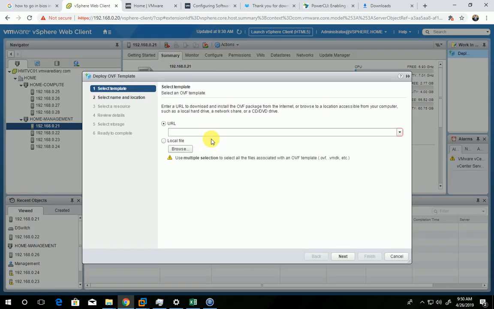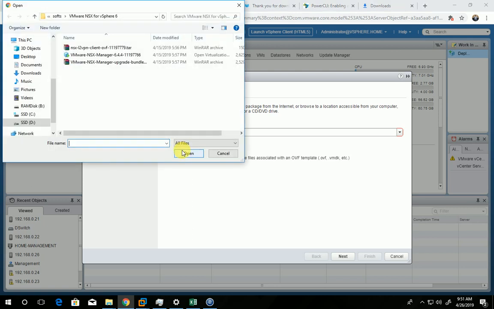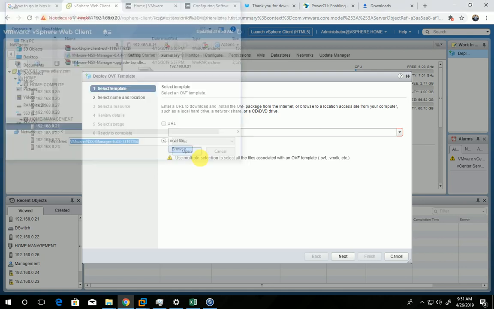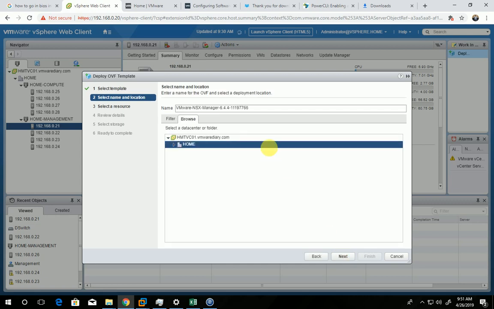Okay, so here you would have the option to locate the file. You can do it directly from the URL. So we are here going to deploy the NSX because we have downloaded that OVF file locally. So we'll select the second option, browse it, and locate your OVF file of the NSX Manager. Here we have this OVF file already there. So we selected that and click on open, click next, and here you have the option to name that virtual machine